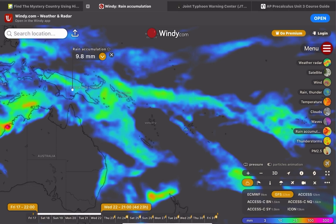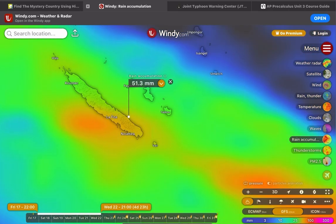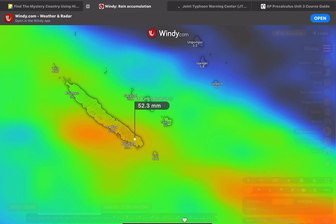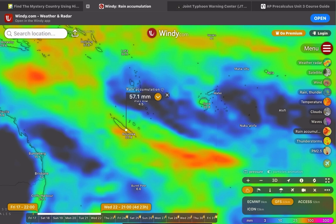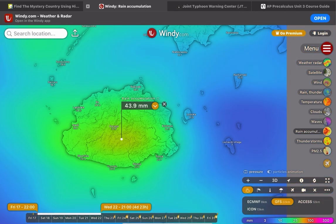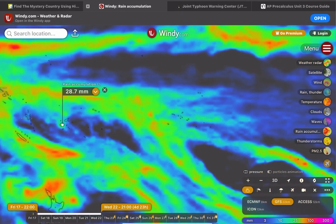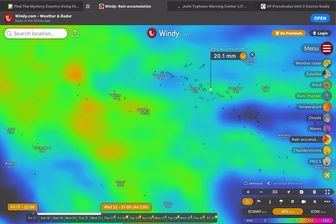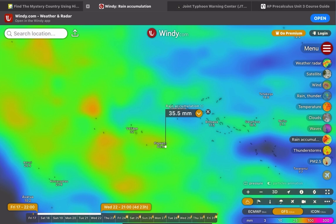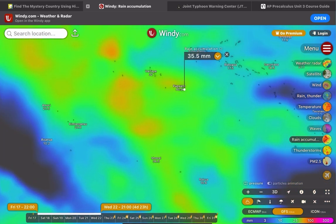Why does it go back to 1 day here? So it shows some storms in New Caledonia, some spots there, some 55 millimeters, some showers in Fiji, some spots there to 43 millimeters, some showers from French Polynesia, those areas, a few thunderstorms, some showers in Papeete too, some 40 millimeters, and